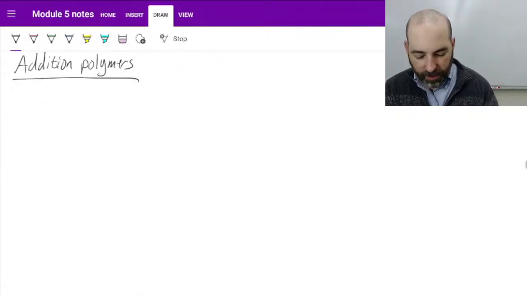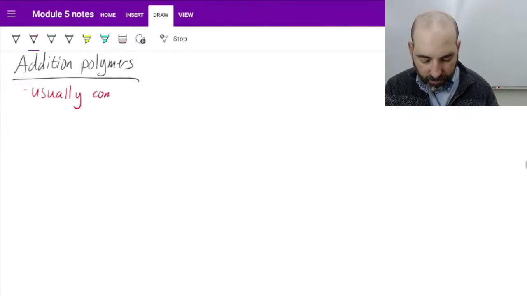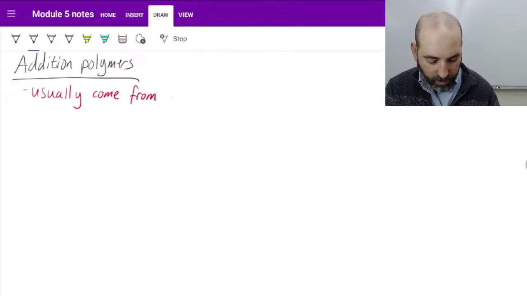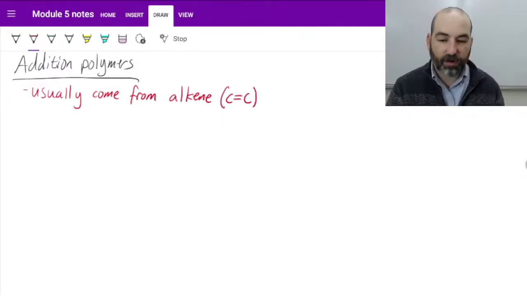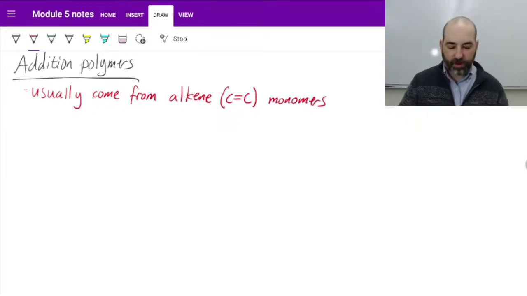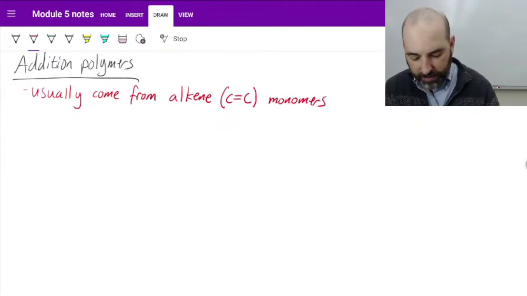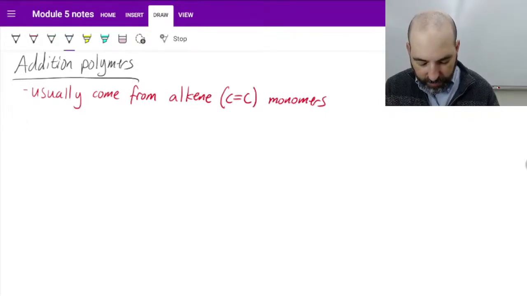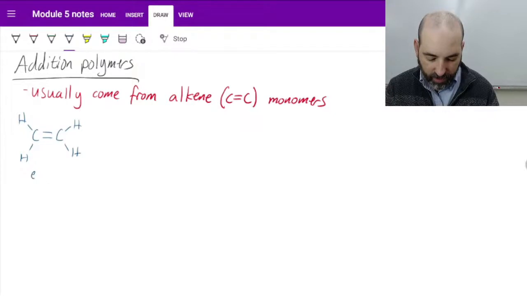Addition polymers usually come from alkene monomers, which are carbon-carbon double bonds. There are others as well, but for our purposes, those are going to be the most common. So the very simplest addition polymer comes from the molecule ethylene, which is just a carbon double bond carbon with two hydrogens on each carbon. So C2H4